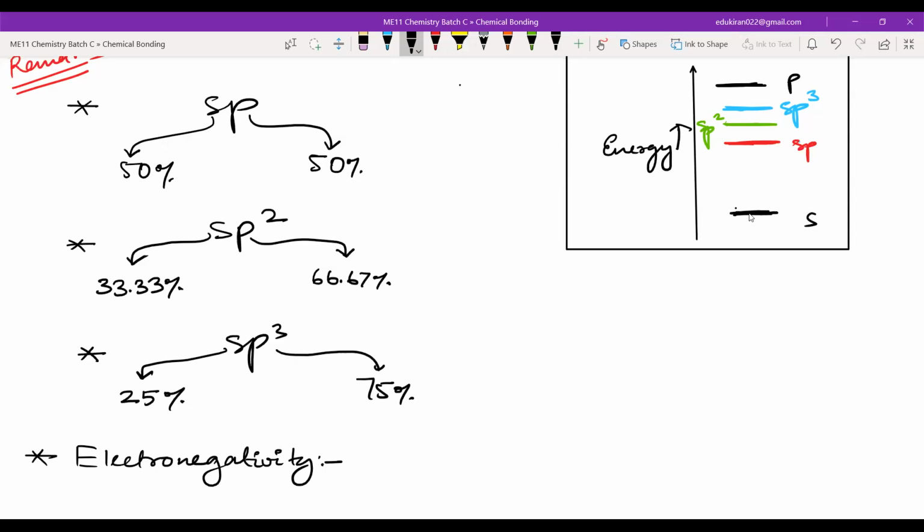In a bonded pair, the electrons are present in the hybrid orbital, and if it is an sp orbital, it will face the most pull. So the electronegativity of sp is highest, followed by sp2, and then sp3. Got it? Please write this down. Let me know if you're done. Okay.